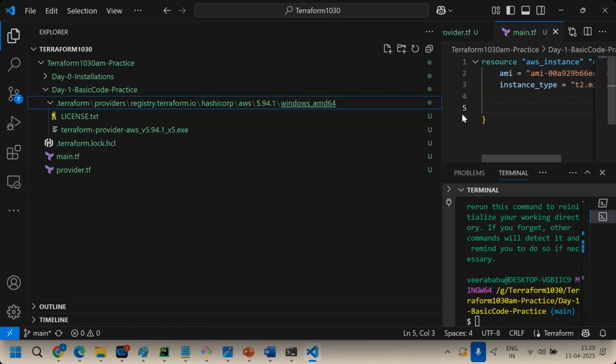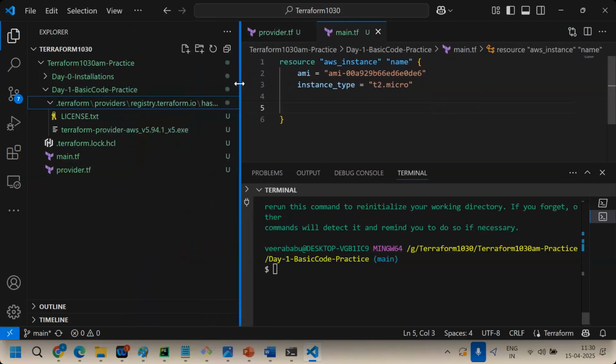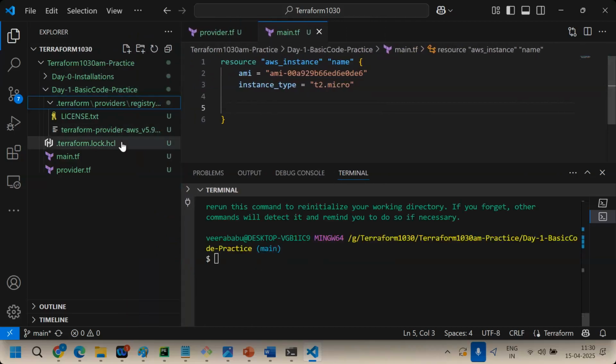Clear now? So this plugin helps to communicate your request directly to the AWS environment. Clear the concept now, how your Terraform code interacts with the AWS environment: because of plugins. That's why we should run Terraform init. Without Terraform init, if you run Terraform apply, it won't work. Clear? What about lock.hcl? Okay, let's focus on this process a while. Let me finish this Terraform apply also, then I'll discuss what lock.hcl is.